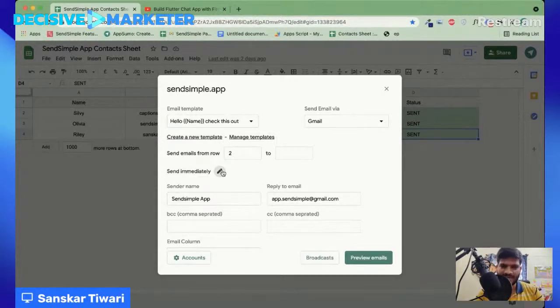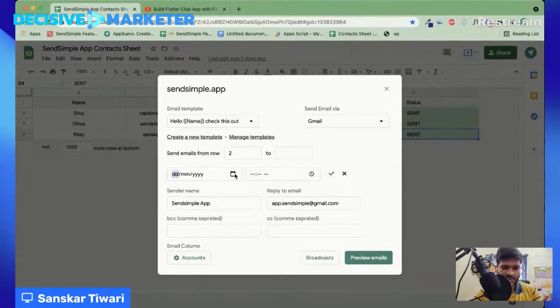My time is Indian IST time, and the whole customer base which I have of different products is majorly US, right? So I don't usually send the instant emails. I will have to schedule them. So that is what you can do. You can schedule for the time. You can just select the date, and you can select the time accordingly.